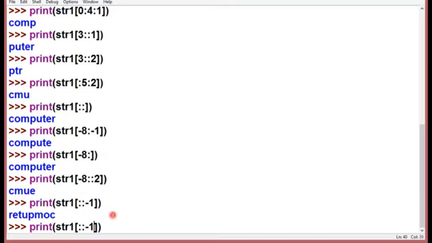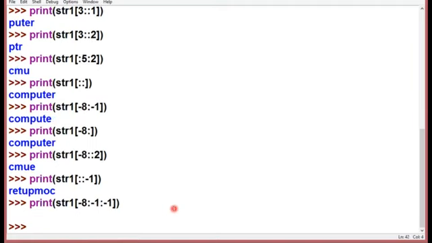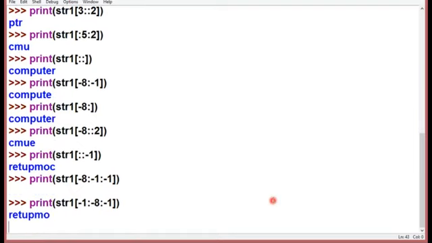Similarly, I'm going to fix my starting value -8 and ending value -1. Then let's see what will happen. It is not going to print anything. Why? Because this pattern can work with a positive stride value, but it will not work with a negative stride value. So it should be written this way. That means I want to start from -1 and I want to reach till -8. Then it will print this way.